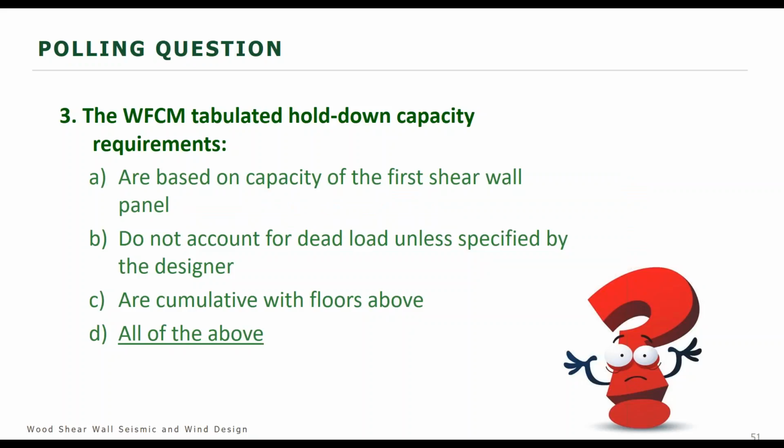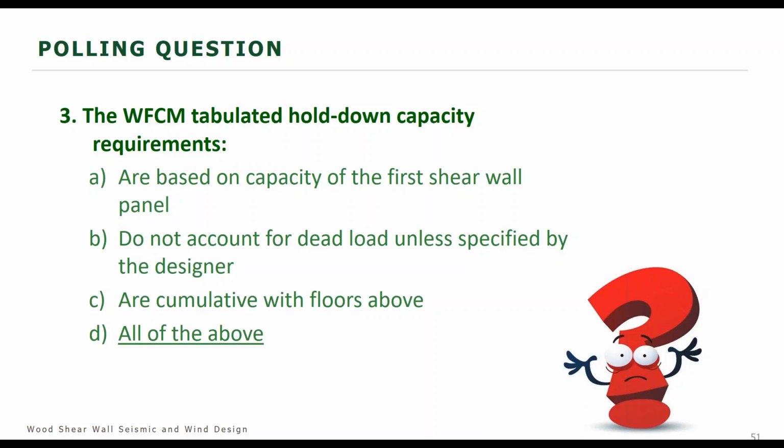All right, well, the majority is correct. Well, I guess technically you're all correct because it's all of the above. But again, yes, they are actually based on the capacity of the first shear wall panel. So you guys were listening, I emphasize that. We do not account for dead load, but you can. So if there are provisions, but the tabulated values do not account for dead load unless the designer is specifying